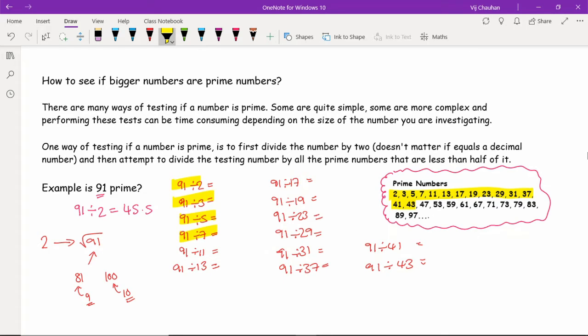So if I then use my calculator and see if any of 2, 3, 5, 7 are factors, then it's not going to be prime. So 91 divided by 2 doesn't give me a whole number. 91 divided by 3 does not give me a whole number. 91 divided by 5 definitely doesn't. 91 divided by 7 doesn't. So therefore 91 is a prime